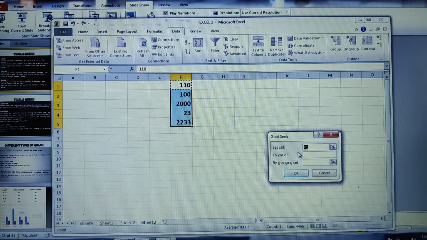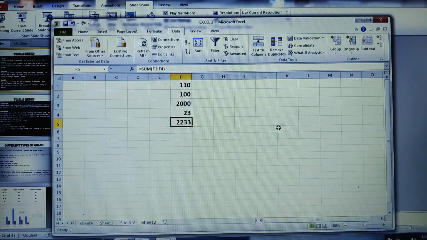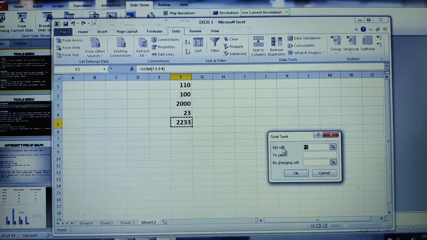It is asking for the cell number where you would like to have the goal seek. You need to select the cell wherein you have to have the answer like 2250 and then go for the what if analysis. Click on the goal seek. Here set the cell, to what value would you like to change? I want 2250. Which cell would you like to change? I would like to change this F4 cell. Either you can manually type it as F4 or else you just click on it. Directly it will take it as F4 and just say OK.